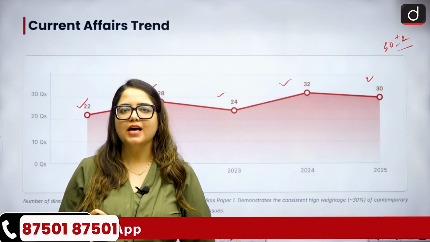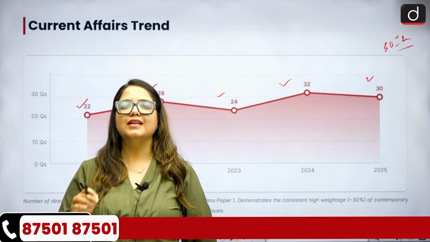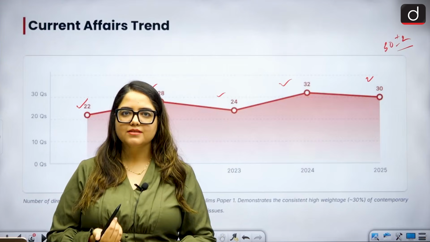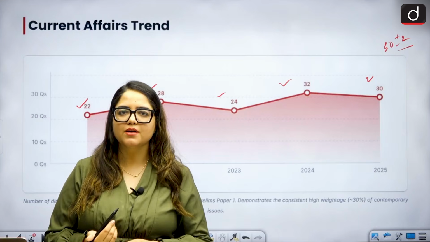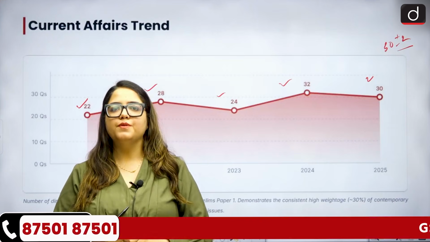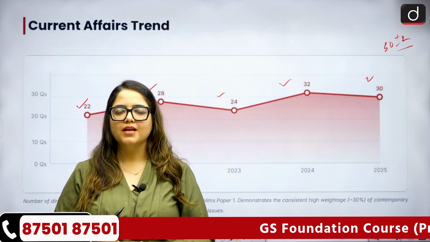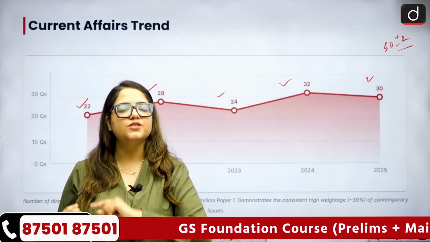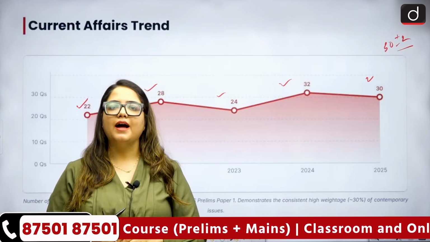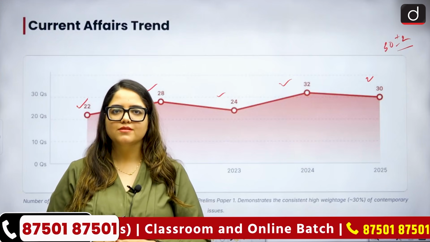every single individual who sat in the exam has thought that everything was current affairs. Apparently, they felt like everything was current affairs, not only GS, but also CSAT, right? The comprehensive articles that were asked, they were also from there. The case studies that were asked, they were also from newspaper. Even art and culture that was asked was from newspapers, right? So the dominance of newspapers plus PIB is consistently increasing, and even UPSC is pressuring on the fact that you should work on newspapers and PIBs and authentic governmental sources, right?